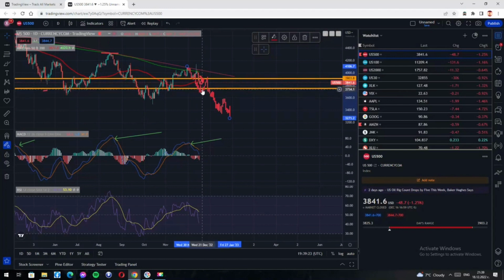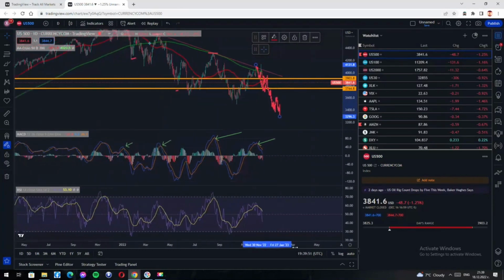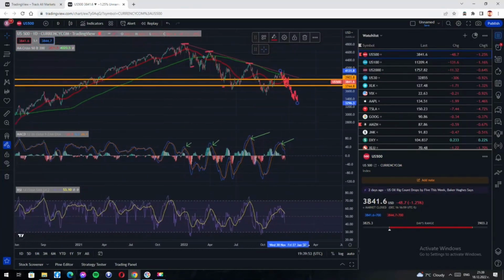We will go down around this level. As you can see, 3,700. It's not perfect, but somewhere there. Then we'll get a Santa rally bull trap with the short-term trading week here. We'll be retesting a third time the 3,900 level, and then we'll be getting this massive drop during the January month. Then we'll have earnings. The earnings will probably be bad.